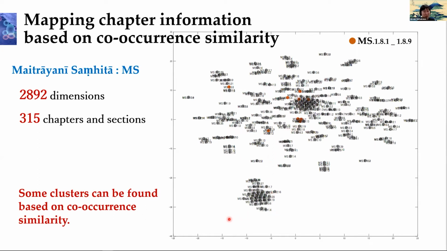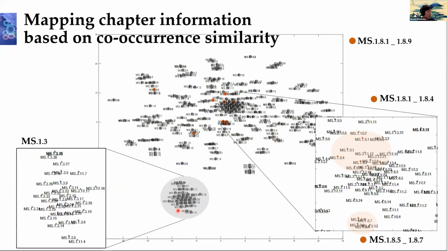So we can see some clusters here, and we can see the aggregated points. Zooming into the detail, this cluster has the MS 1.3 series, and the other large aggregation can be found here, and points in the MS 1.8 colored in orange